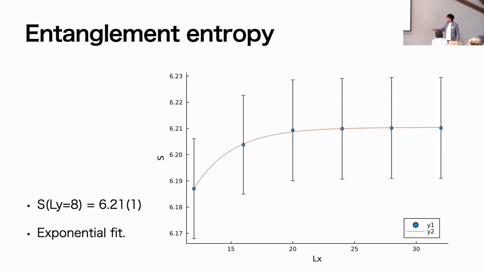We have a mistake. This is not Ly equal 8, but the results for Ly equal 12. In the case of Ly equal 12, entropy goes to 6.21 in the LX infinity limit, and then we can collect the entropy for each Ly and do the exponential fit again. That's what we will do in the last part. But before that,